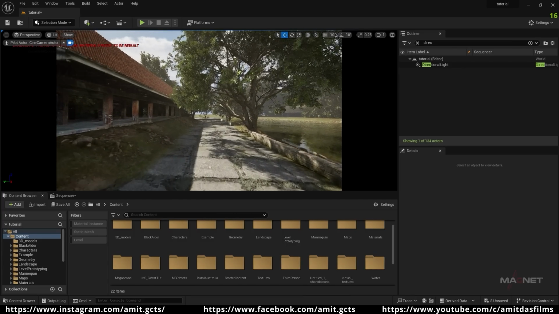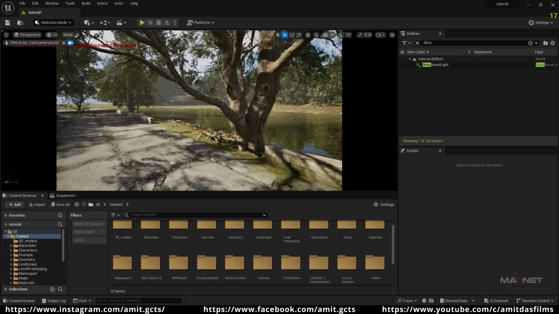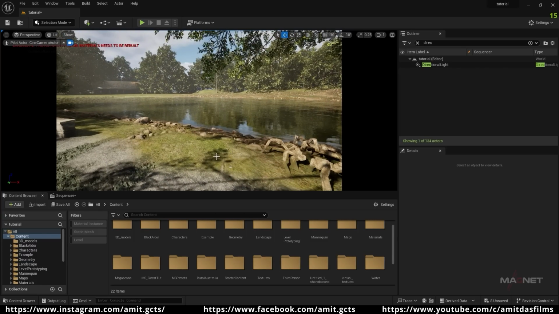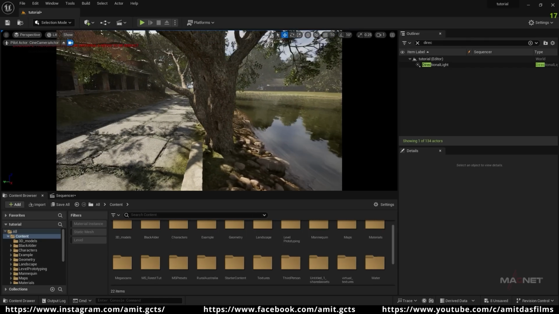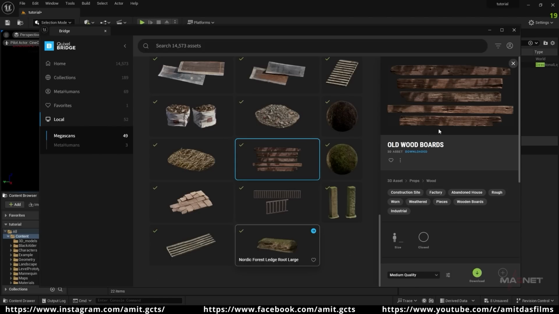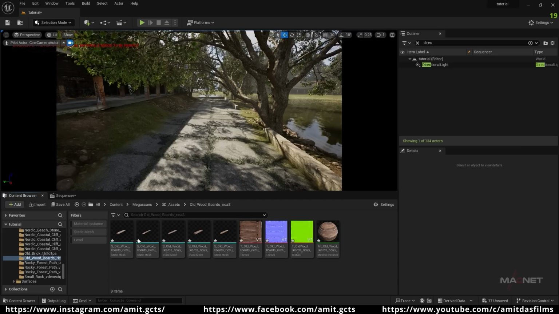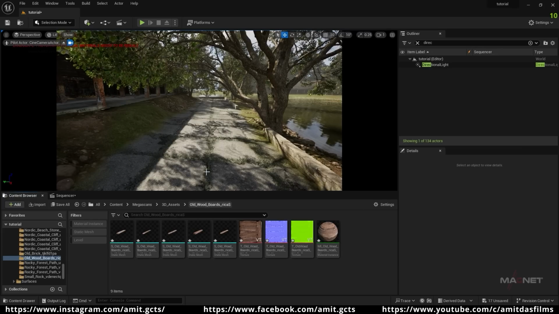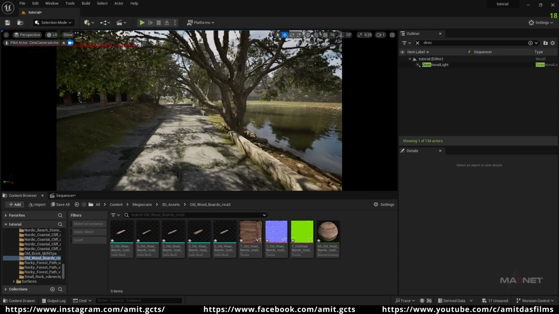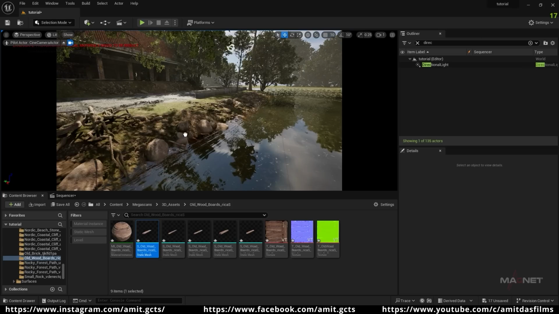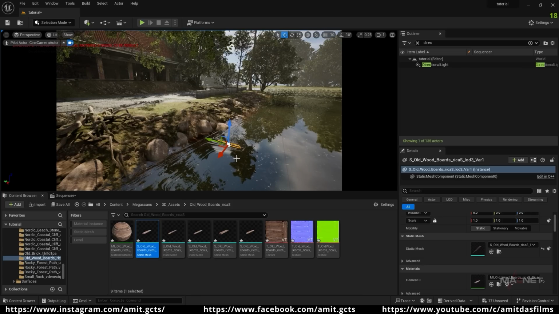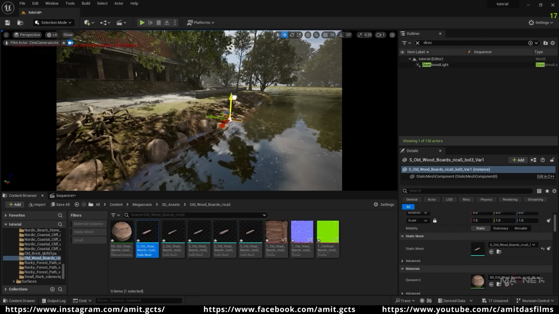Okay, and then we're going to create a ramp over here. For the ramp I'm using Megascans assets. So let's download the assets, and I'm using this wood asset here. So I'm going to download this one. So here is the asset. So first we go over here, then I'm going to put this log over here, just like that. Maybe we're going to put it over here,